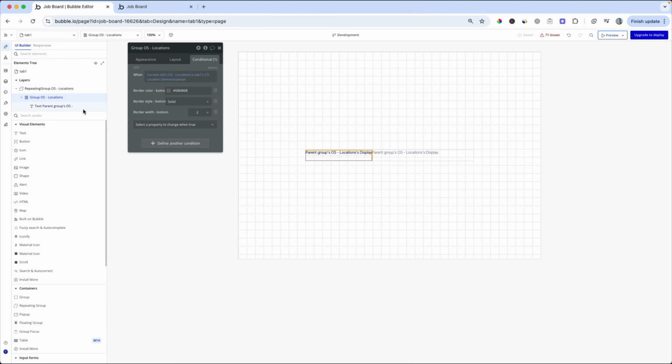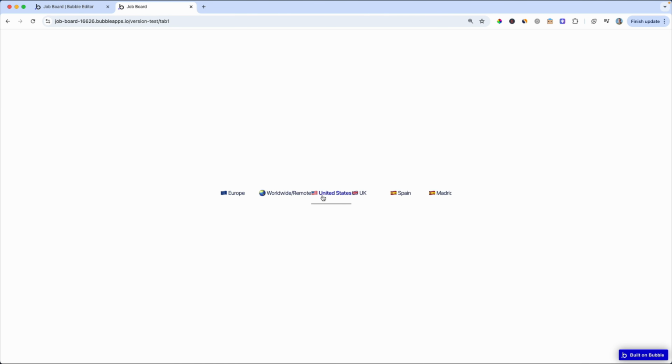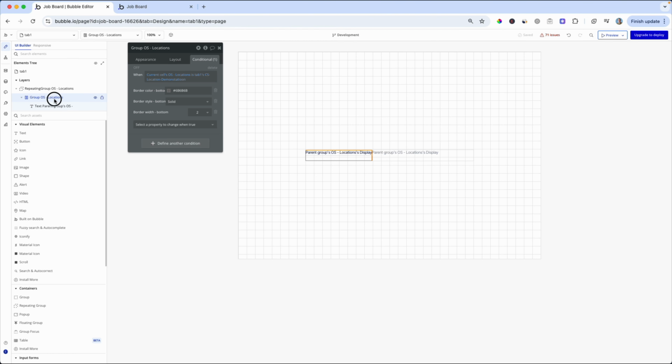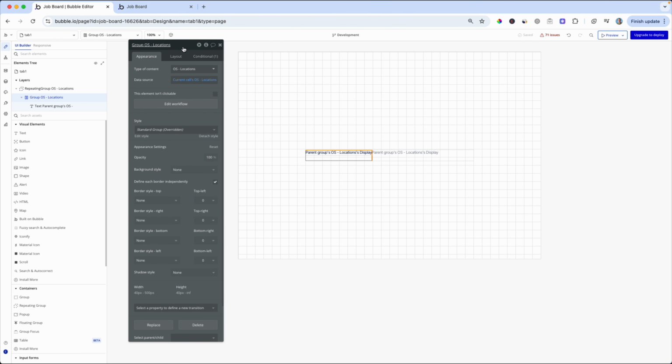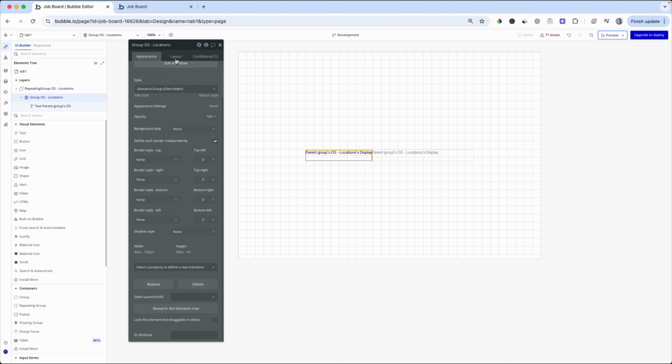It happened because when we are putting the value into our container, sending it from our database, our parent group is adjusted precisely to the size of the text we send inside. In order to avoid this, we need to change